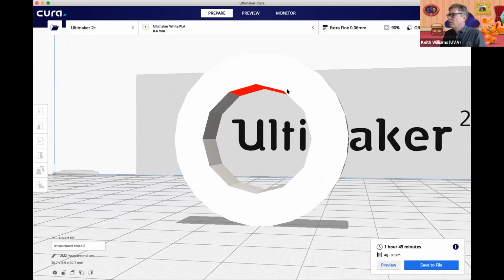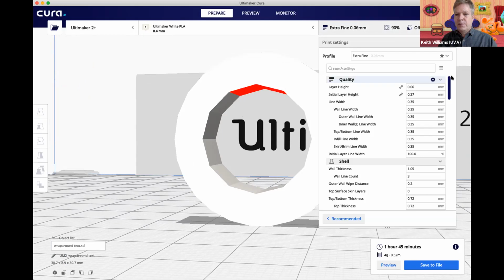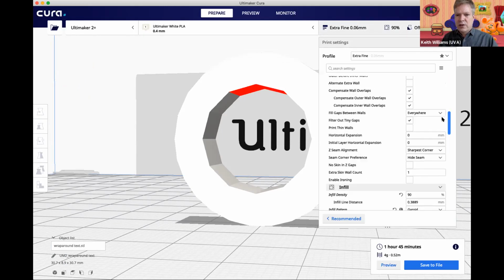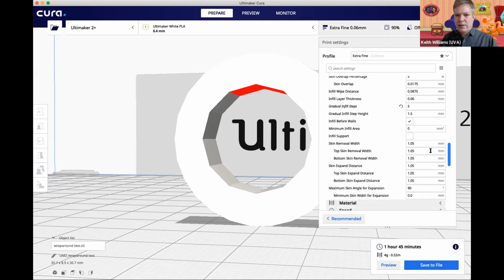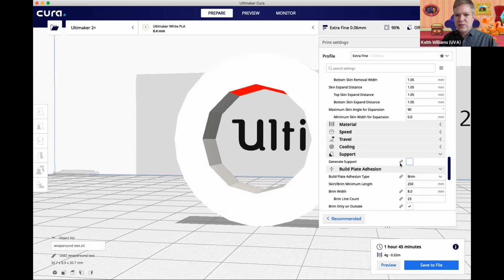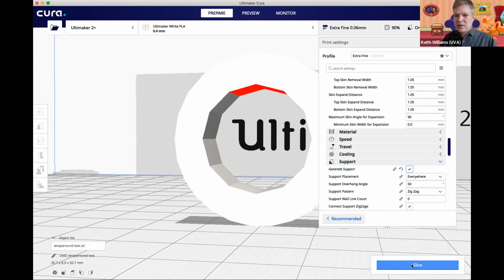So typically, whenever we're printing something like this that has an overhang, we have to come in here with our print options and say, please generate support. Let me just point out one thing here. First of all, notice how long it says it takes to print this ring. It says 1 hour and 45 minutes, and that's at super duper high resolution. So that's actually not too bad. I think that's okay. But if we start generating support, and we have to reslice it,